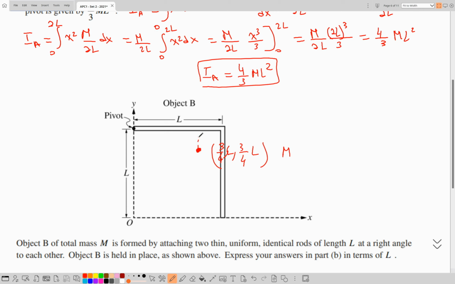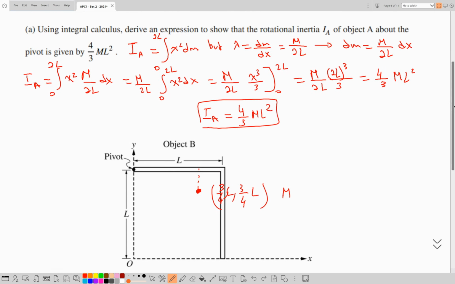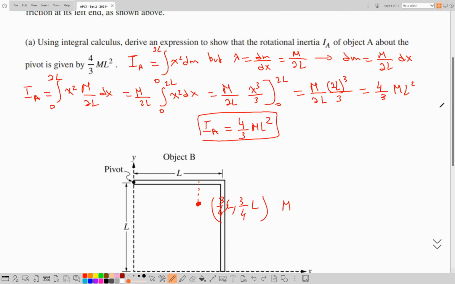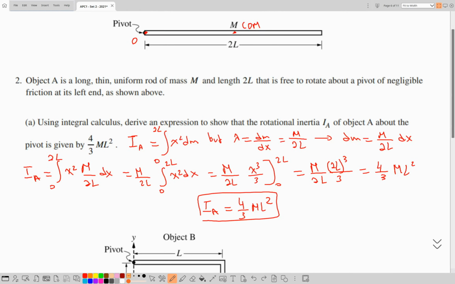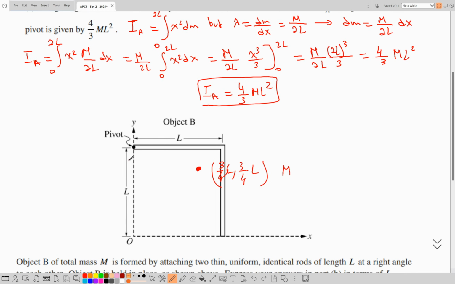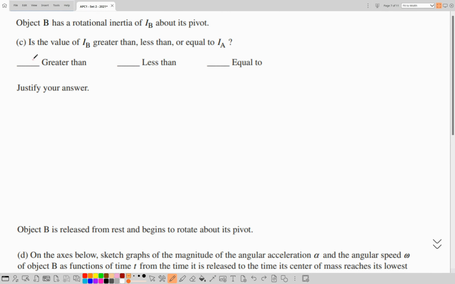If you do projection like this and try to find this distance from the pivot, you will notice that it is less than L. Which means the rotational inertia of B is less than that of A, because the mass distribution on average is closer to the pivot. And indeed in part C they're asking me to compare I_B with I_A. I would say less than, and my justification would go, since on average